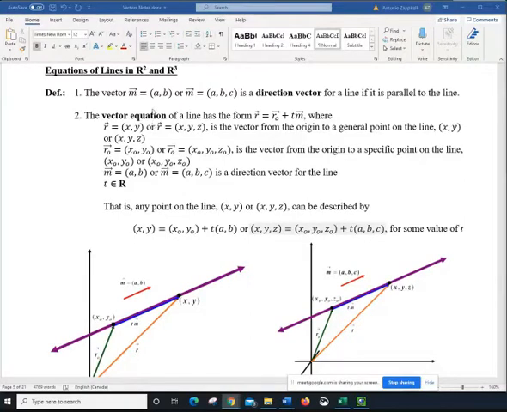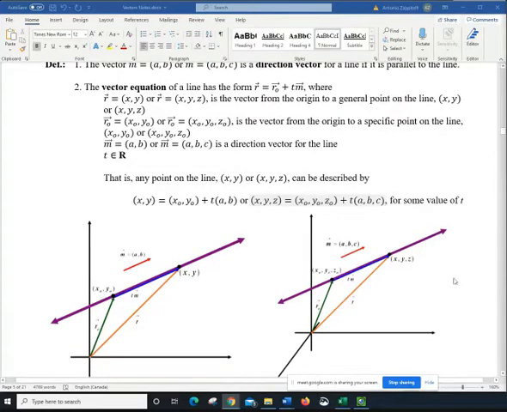So we have this idea of, instead of using slope to define the direction of a line, we use a direction vector, which is a vector parallel to the line. And if we look at this diagram here, we were able to describe the points on the line by setting it up as a sum of vectors. So you take the vector to,